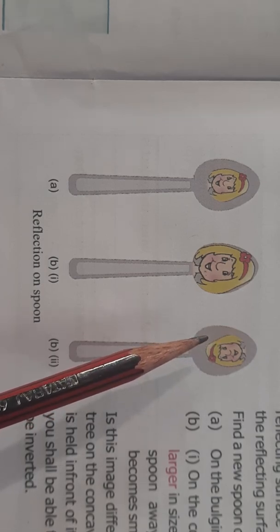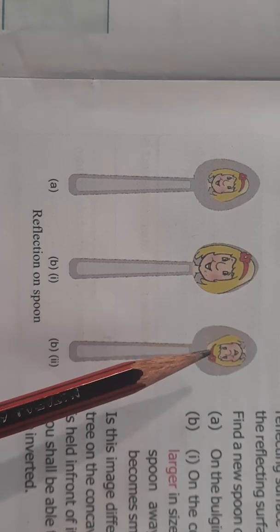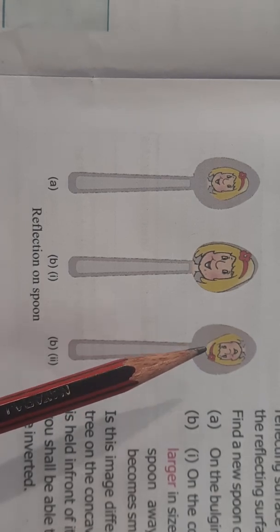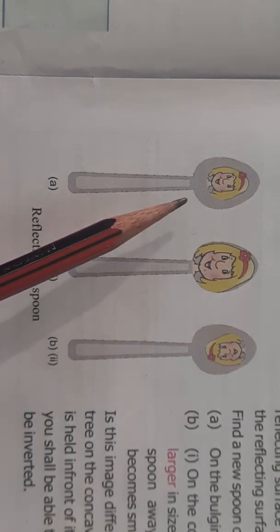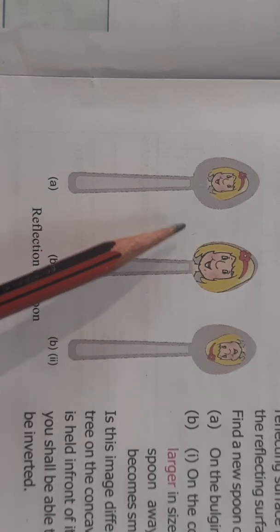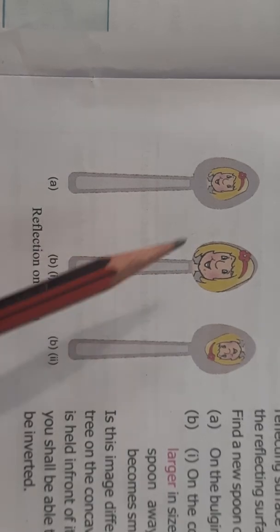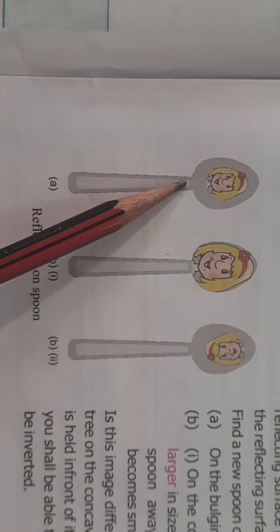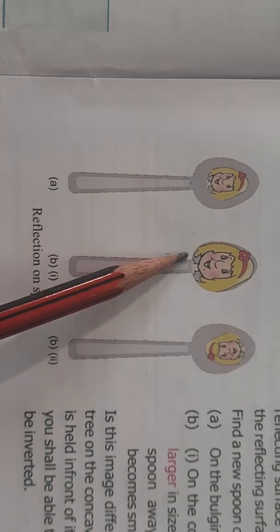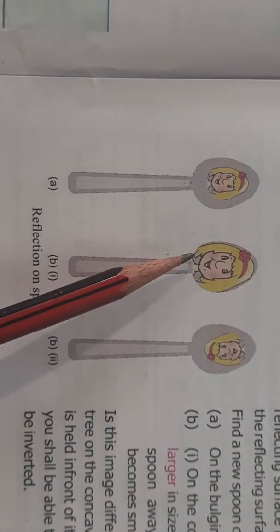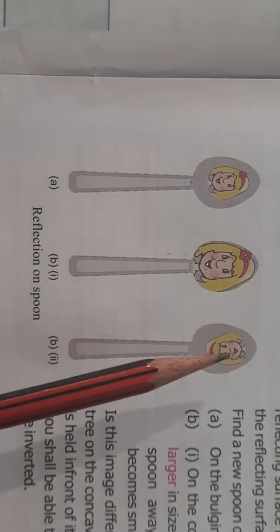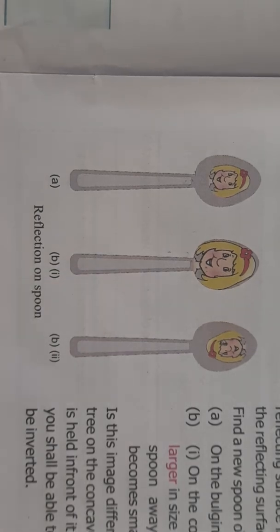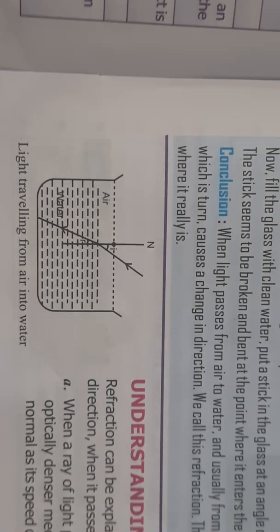Inverted means ulta. Okay, so this, children, you can try it at home, and please do try it at home. If you have a new spoon or a new bowl, you can see your face in that spoon, so it will be easy for you to understand. That is bulging side, convex side. You will see that your face is upright but small. On the concave side, you will see it is upright but larger in size. That is when you bring it closer to your face, and when you move it away, it will become smaller in size and it will be inverted. Clear?